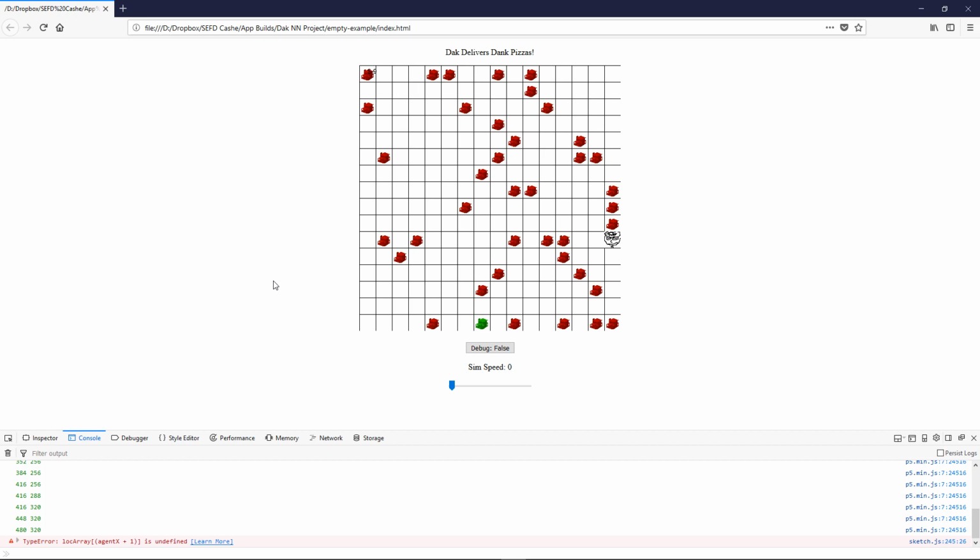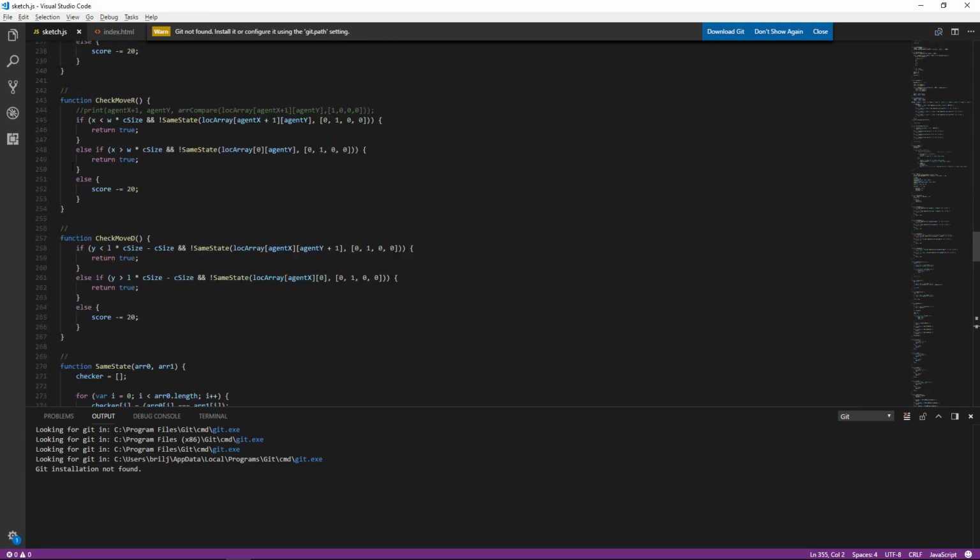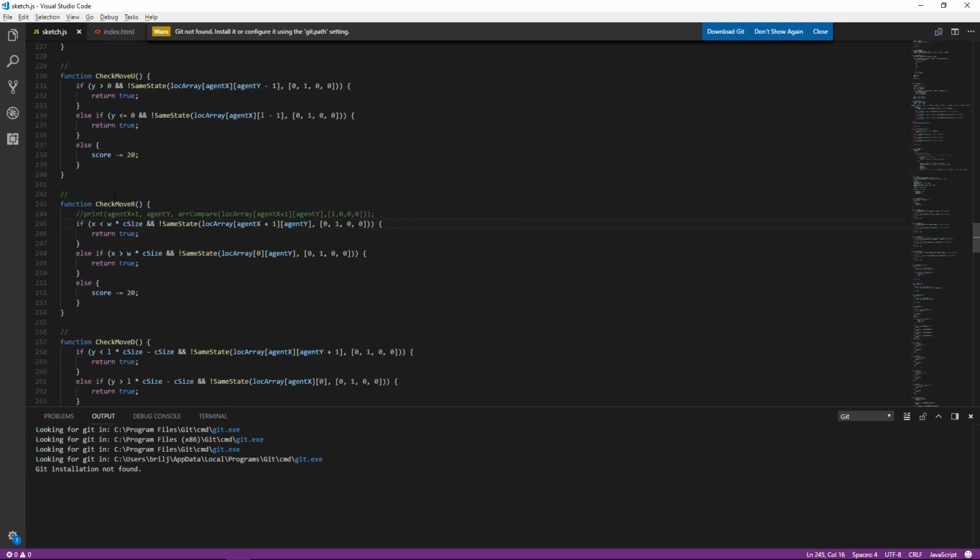Nope. It's still saying this. What line is this? 245. So this is saying if x is less than the size times the length of the map, less than, okay, so if you're not all the way to the right,